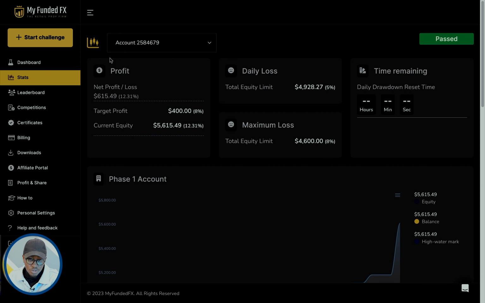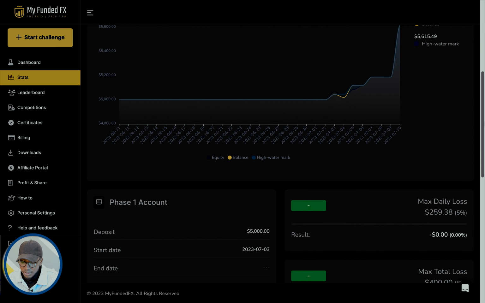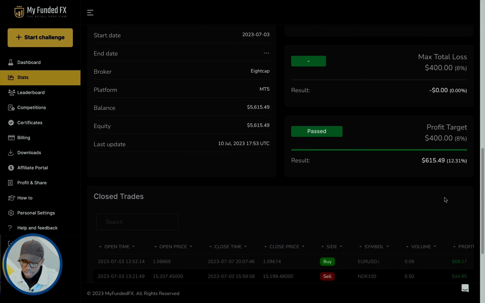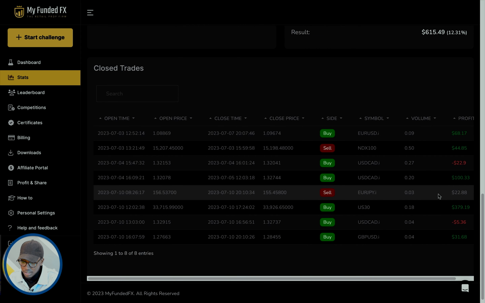My account was for $5,000, and this was the first phase. It was actually supposed to be 8%, as you can see here. You can all see here it was supposed to be 8%, but it actually went until 12.3%. So this was the first phase. If you come down here and look at the trades that I had done,